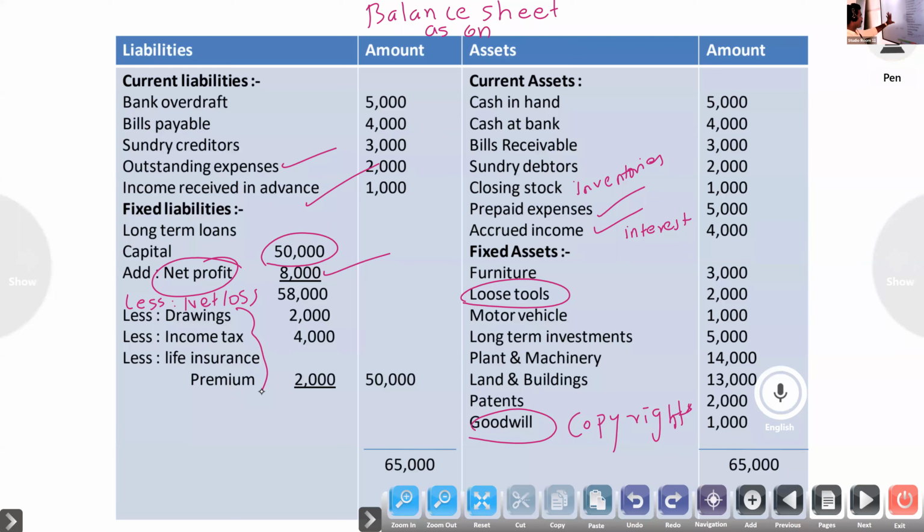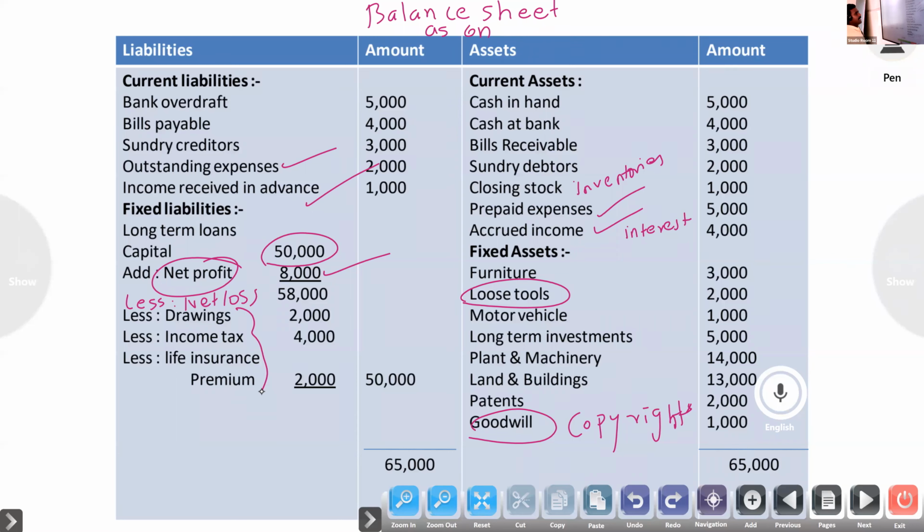Now you have to study this one. I will give 5 minutes. Look at the format; no need to write, I will send it to the group. Look at cash in hand, cash at bank, because if you know the trading account and balance sheet, then it will be easy for you to do the profit and loss account, because everything other than those items goes to the profit and loss account.